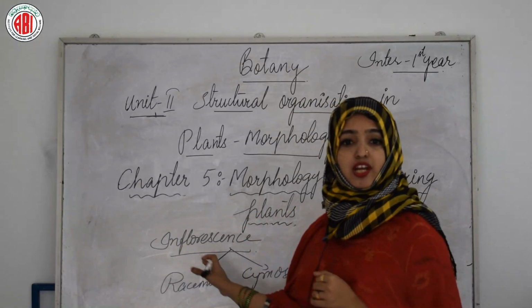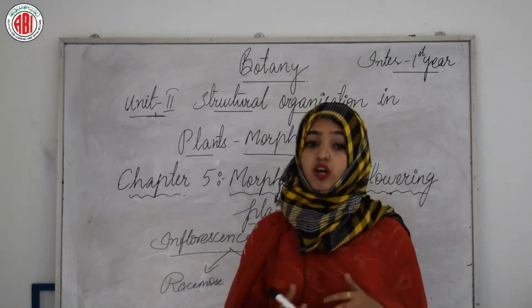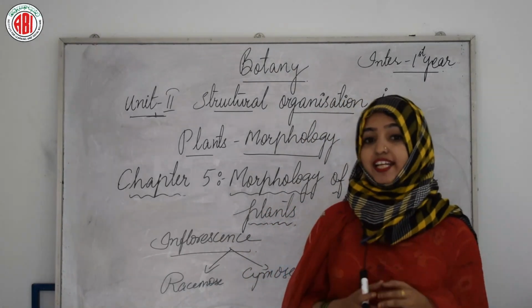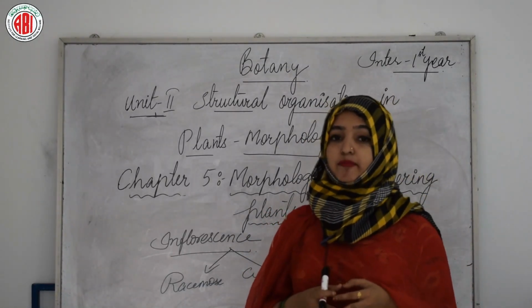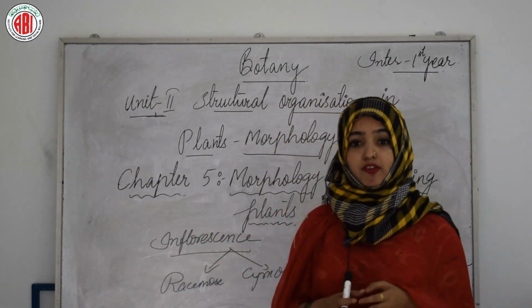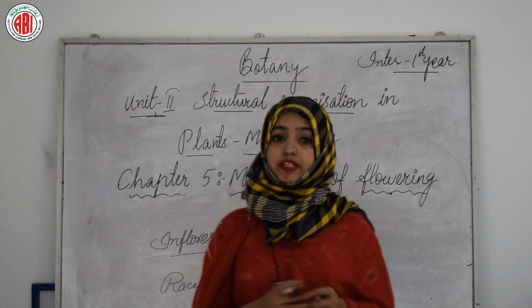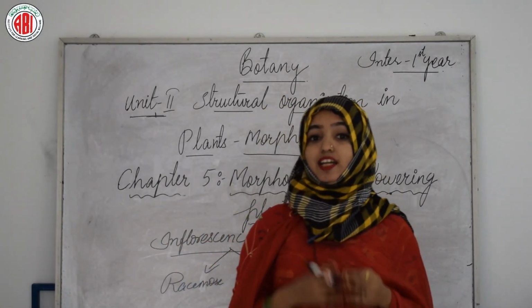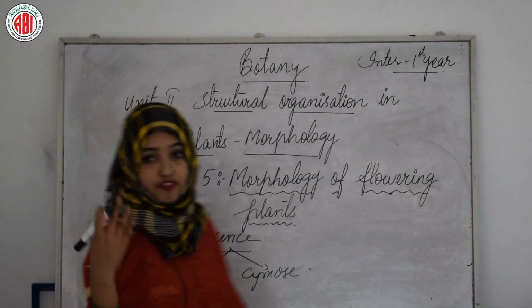So in racemose type of inflorescence, the main axis continues to grow and the flowers are borne laterally in an acropetal succession on the main peduncle. That can be called as simple inflorescence, or on its branches, which will be called as compound inflorescence, which also arise in the acropetal succession. And there are several subtypes in the racemose category. Again, it can be classified into different types.